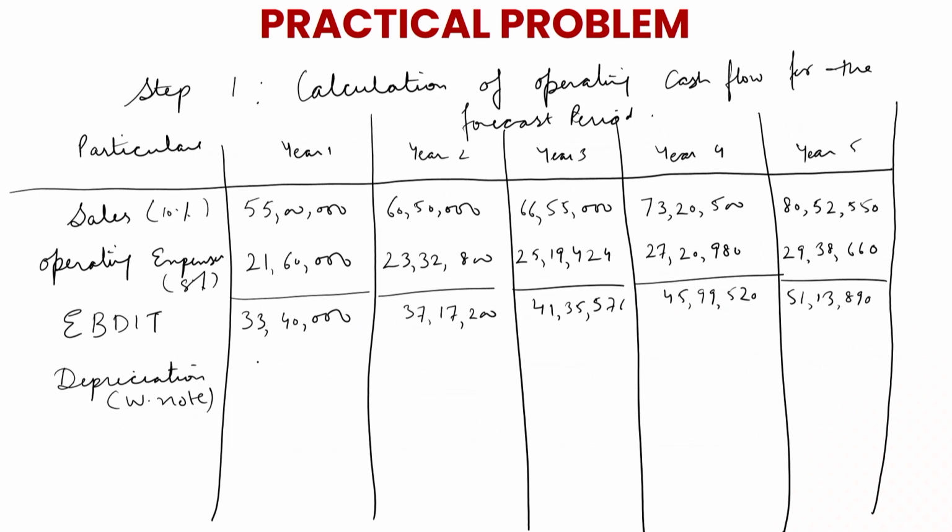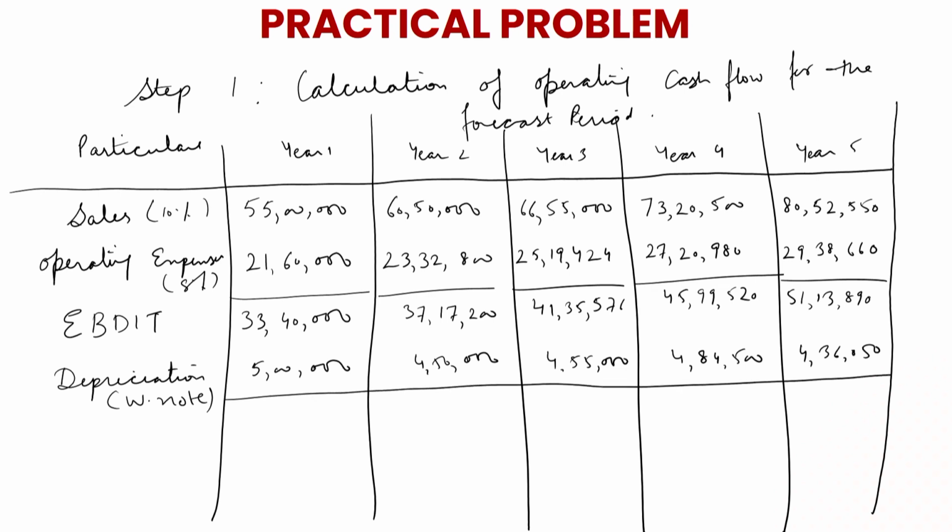Now my depreciation is 5 lakh for the first year, 4,50,000 for the second year, 4,55,000 for the third year, 4,84,500 for the fourth year, and 4,36,050 rupees for the fifth year. So after deducting it, we reach the figure of EBIT, earning before interest and taxes. The balancing figure is